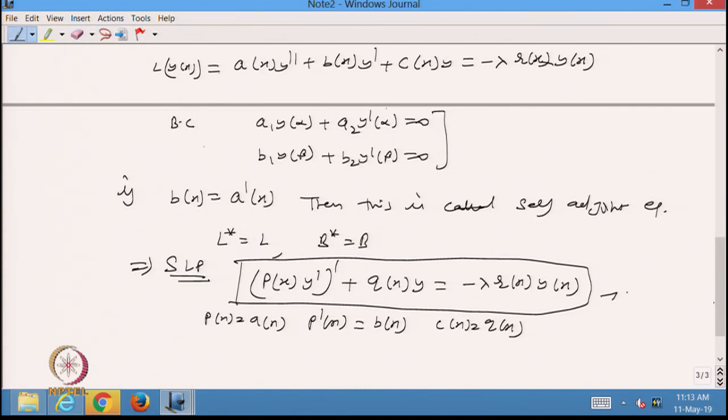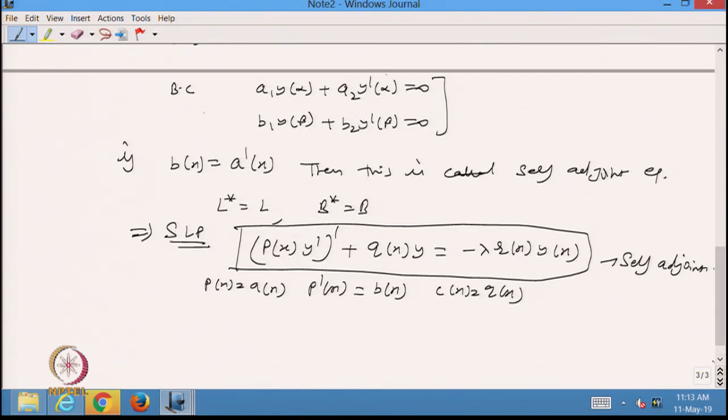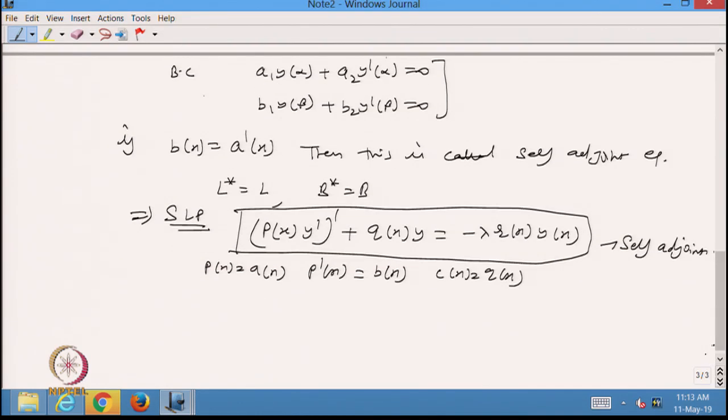So, this is in the form of the self-adjoint form. So, from here, now my SLP is (P(x) y')' + Q(x) y = -lambda R(x) y,